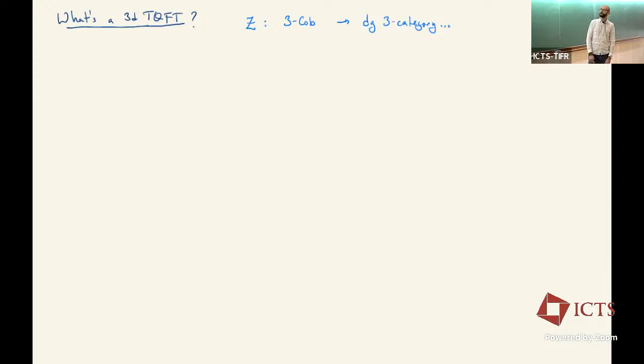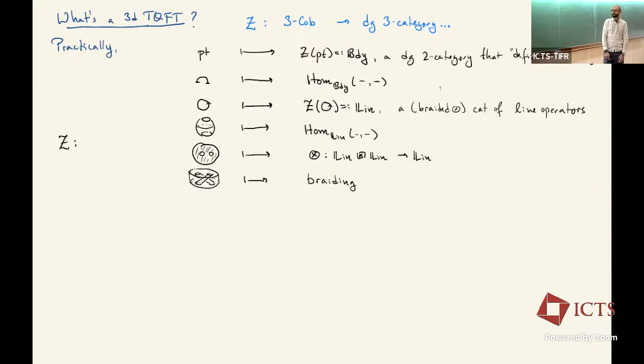side. So very briefly, I threw TQFT up here. So what is a TQFT? The fancy definition involves some functor from, here in 3 dimensions, a 3-cobordism category to some higher DG 3-category. Practically, it's a functor from 0, 1, 2, and 3 manifolds, possibly with boundaries and corners of various kinds, to